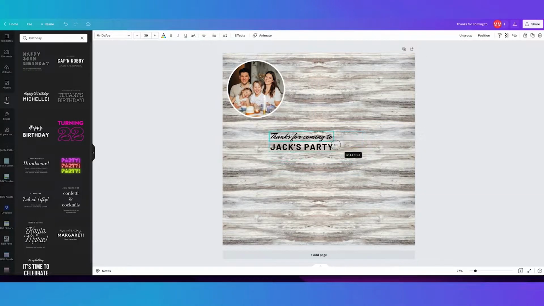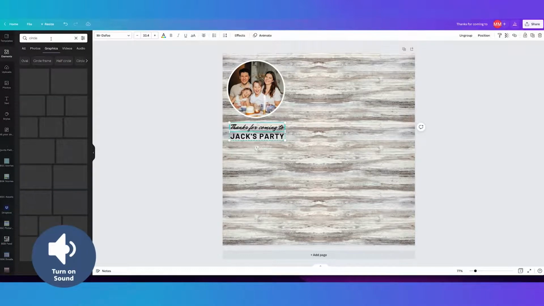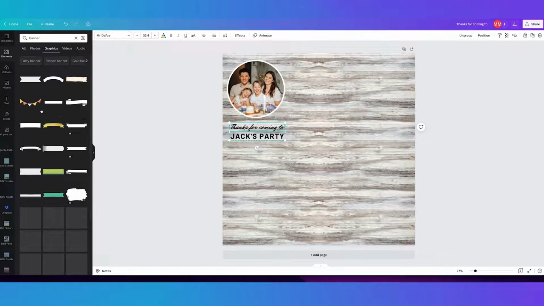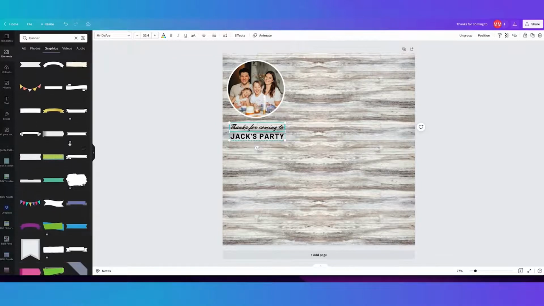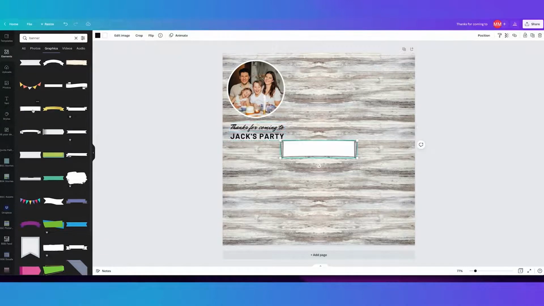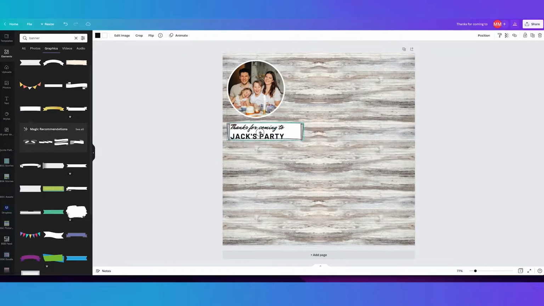Now we want to scale this to be the right size, and we want to position it to be exactly underneath this design. Okay, so say you want to put this text in a banner. So if we go to Elements and Graphics and we just search for banner, you can see there's a whole bunch of banners in here. You want to make sure that you choose one that's not animated. So let's say you just click in here, and you can see that it's already behind. If you ever want to check,